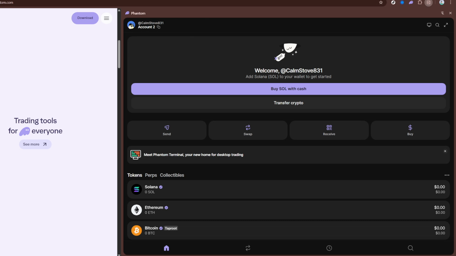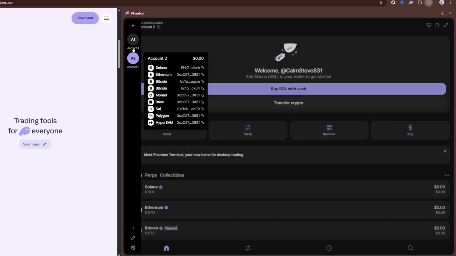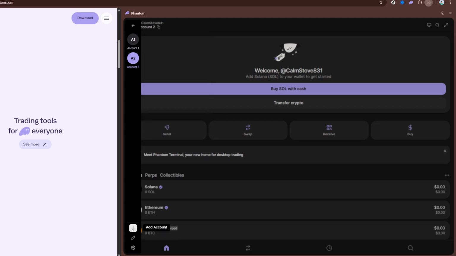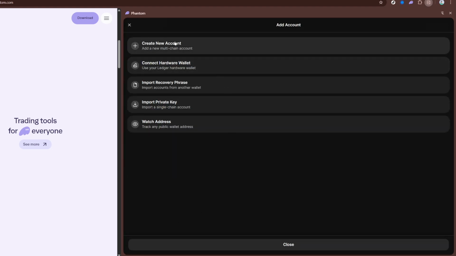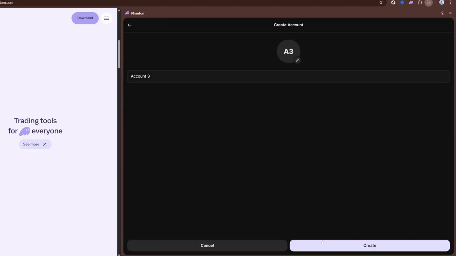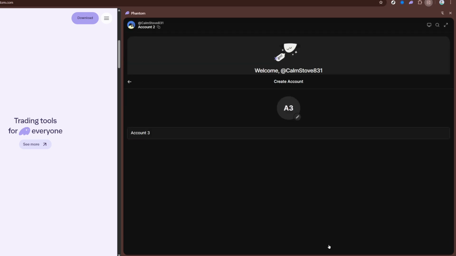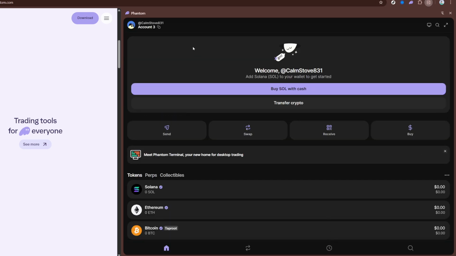Upon selecting Create New Wallet, the application will generate a new wallet along with a unique secret recovery phrase. It is crucial to securely store this phrase, as it is the only way to recover your wallet if you lose access. Remember that this new wallet is completely separate from your first wallet, allowing you to manage distinct assets